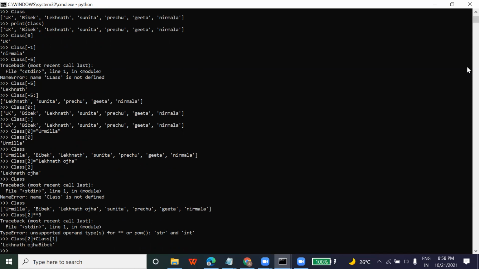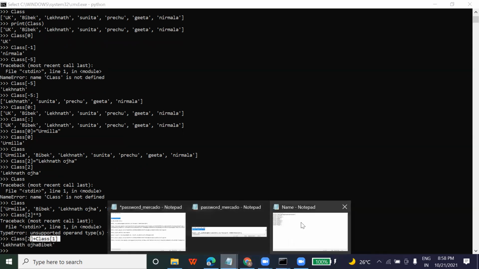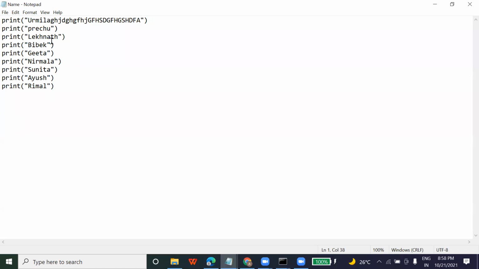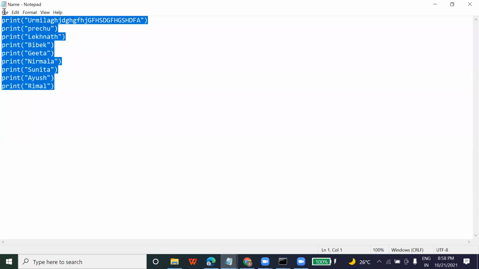Today we have learned about how to run a software. Okay, whatever commands I'm typing here, just try these commands in a notepad. Okay, copy these commands in a notepad and run that. Save that as a file in some path with .py extension. Okay, let me show you with that.